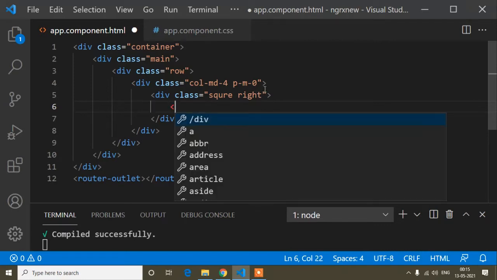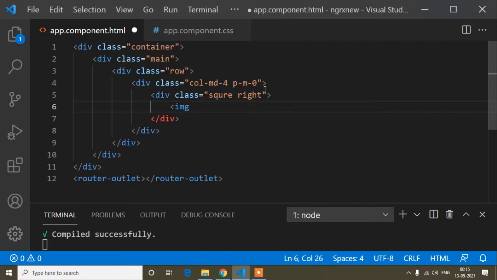Now here I will write an image source, and an alt tag, which is image, and here I will write an id. I will use this id for the functionality. I will not write any CSS based on the id, because I will use it only for functionality.